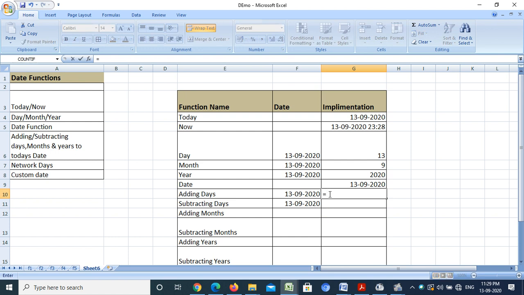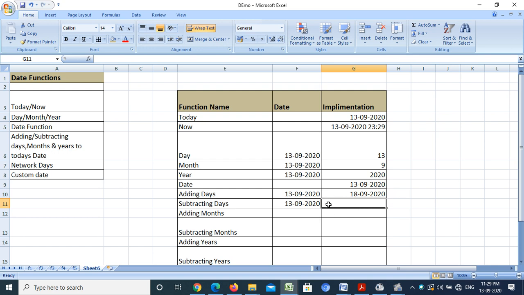I want to add 5 days to this date. Simply I just click here, and after the plus sign I add 5. Now it will add 5 days to this current date. 13 plus 5, it is showing me 18 September 2020.